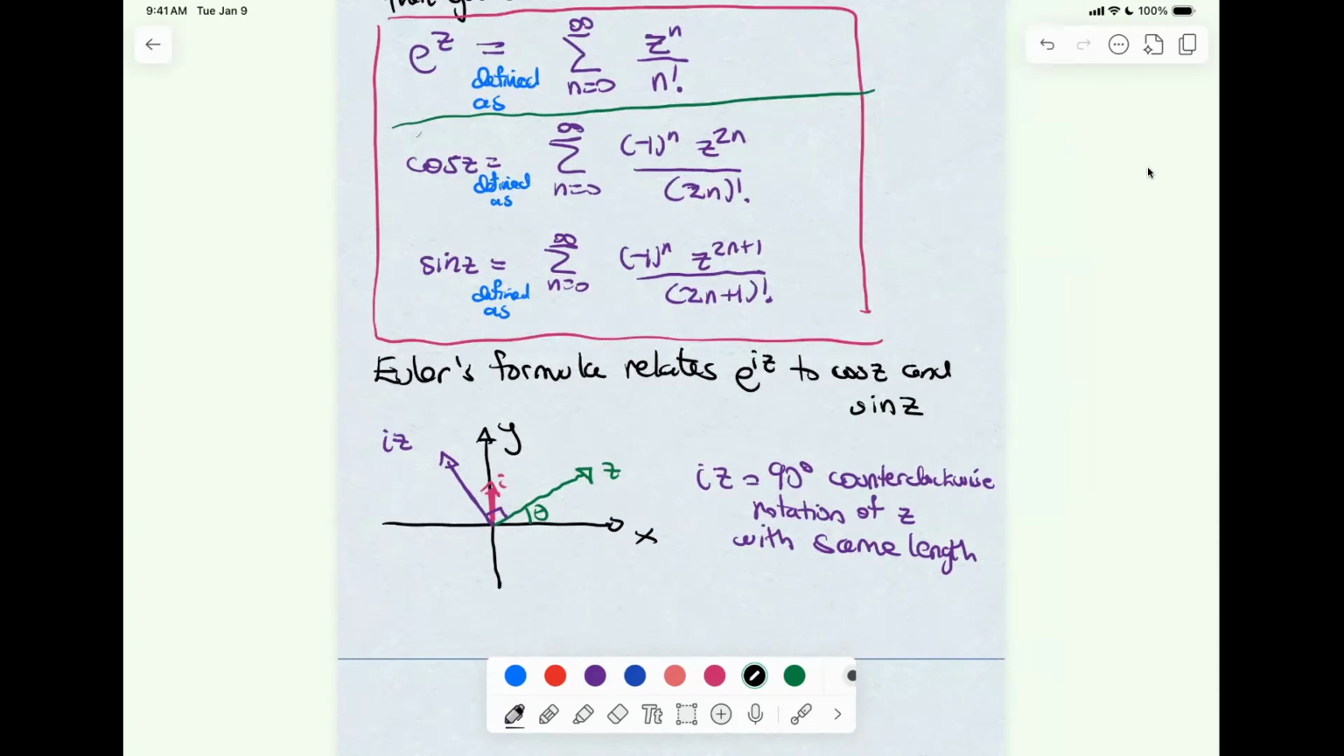for e to the x, and then I would ask you what is the power series for e to the x squared? So you would just plug in x squared instead of x, right? This is the same idea. Instead of e to the z, what is the power series for e to the iz? Just insert i times z in the formula. Okay. So according to this,